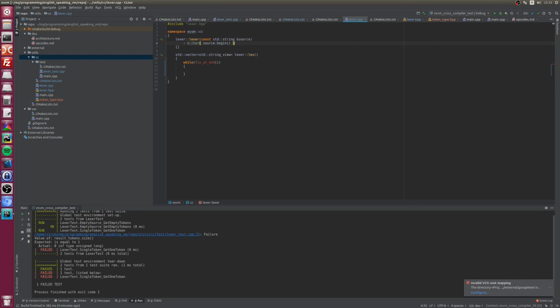So now end is going to be source cend actually. So yeah, that can be cbegin. I need to hire Clang format for this, but yeah, not now.